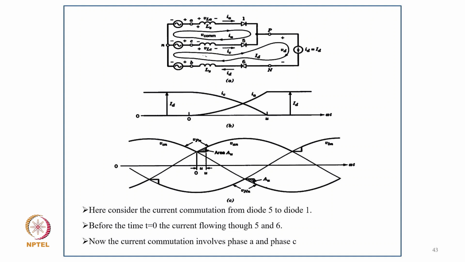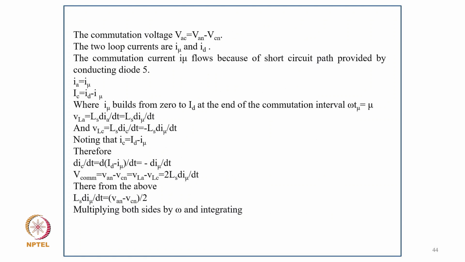So here consider the current commutation from diode 5 to 1, and before t equal to 0 the current flows through diodes 5 and 6, and now the current commutation involves phase A and phase C. So now the commutation voltage VAC equal to VAN minus VCN, and the two loop currents are I mu and ID, and the commutation current small I mu flows through because of the short circuit path provided by conducting diode 5, and